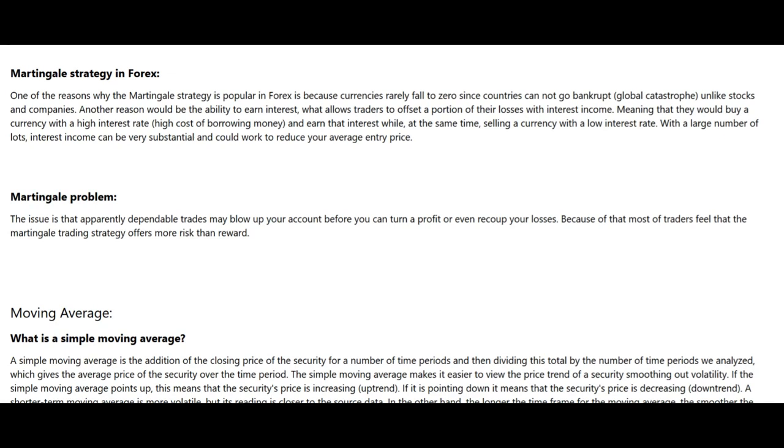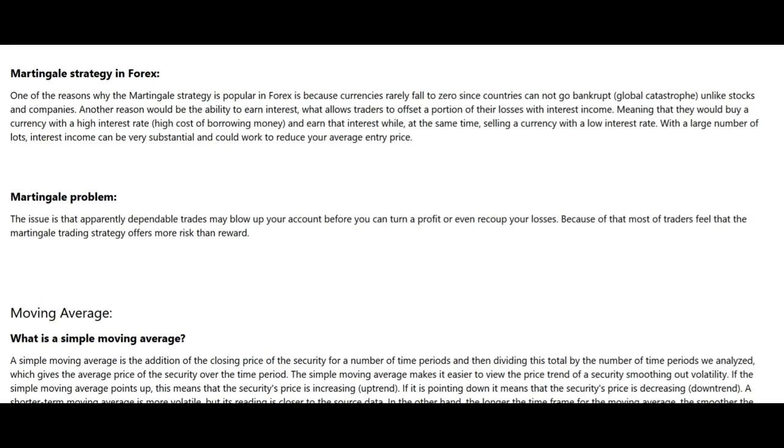Martingale strategy in Forex. One of the reasons why the Martingale strategy is popular in Forex is because currencies rarely fall to 0, since countries cannot go bankrupt. That would be a global catastrophe, unlike stocks and companies. Another reason would be the ability to earn interest, which allows traders to offset a portion of their losses with their interest income,